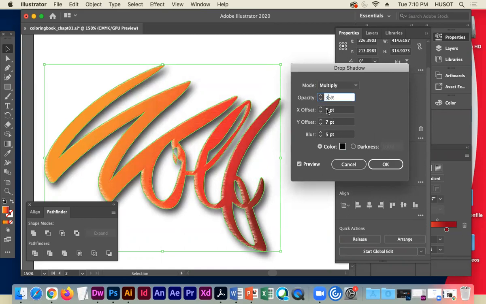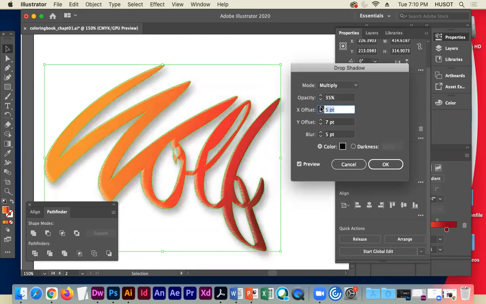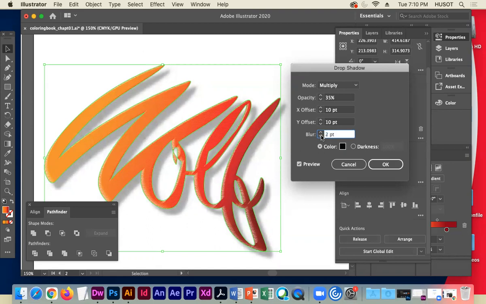So let's go like 35%. Let's crank up the offset. So we'll go up to 10. And let's go to hardly any blur, just so that you can see